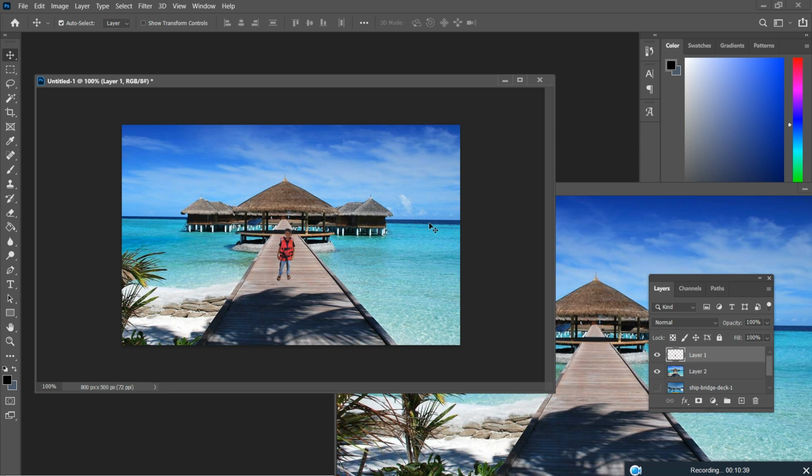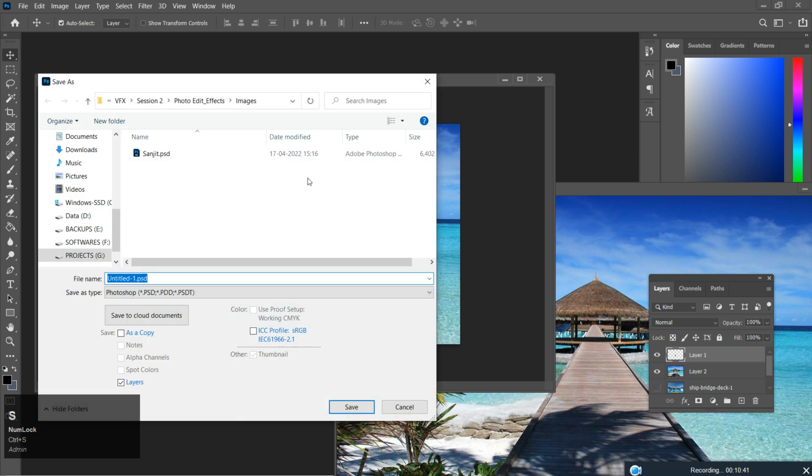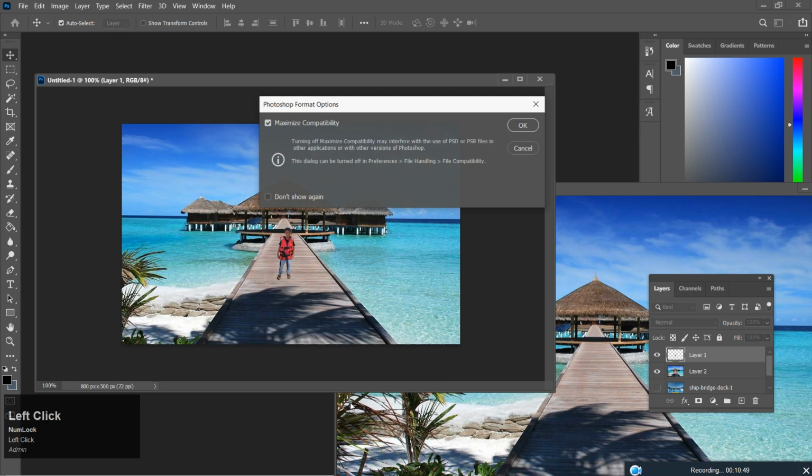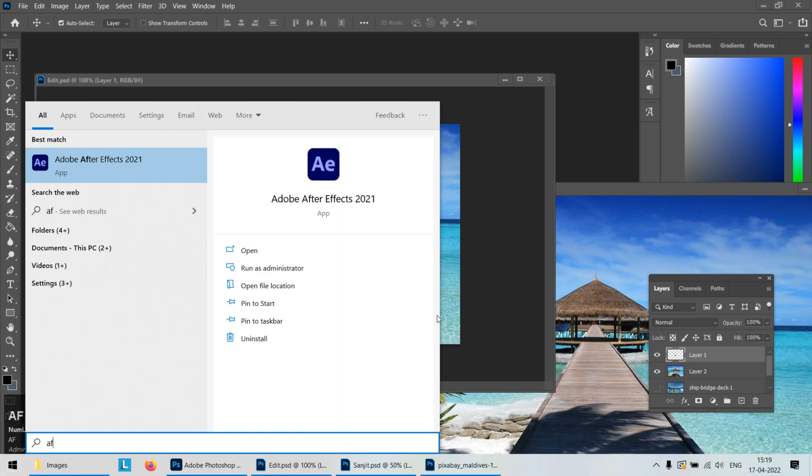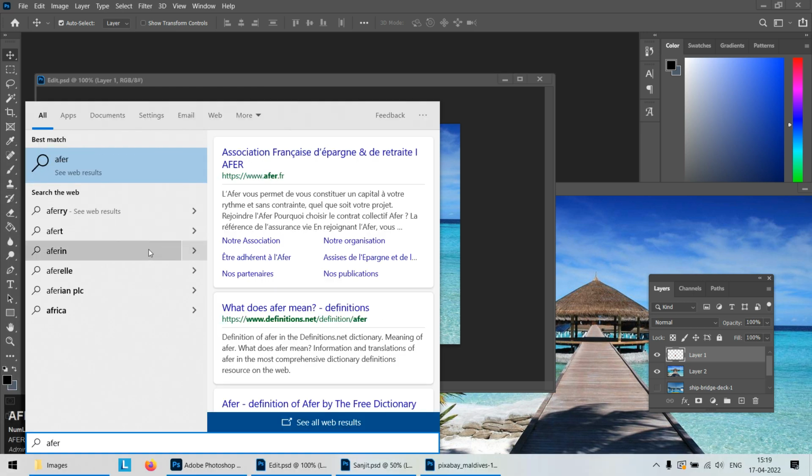Okay, now this Photoshop file I'll save as edit, save. Now if I open After Effects,